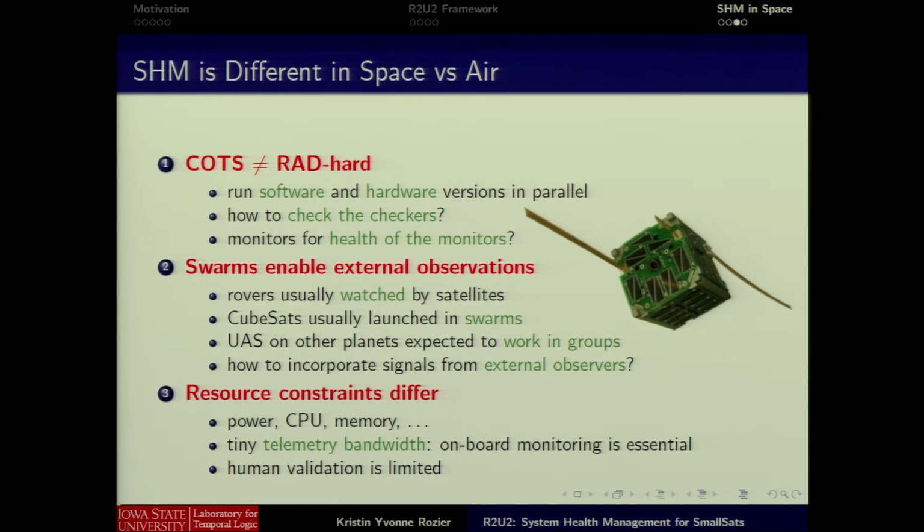3-year effort. The first one is noticing that, especially when we are building small and cheap spacecraft, such as a CubeSat, a lot of times we'll use COTS components or otherwise things that are not rad hard. So this creates a challenge for making sure that we don't, for example, do harm because the runtime monitoring framework itself has experienced an error, right? We don't want to introduce our own bad data. So this is one reason why we look at running software and hardware implementations of R2U2 in parallel.